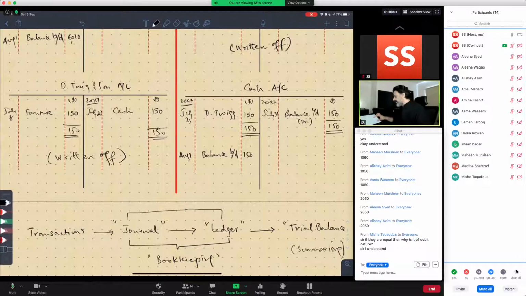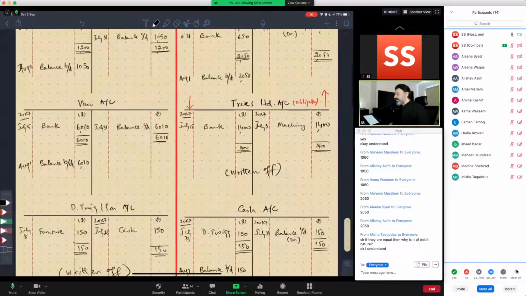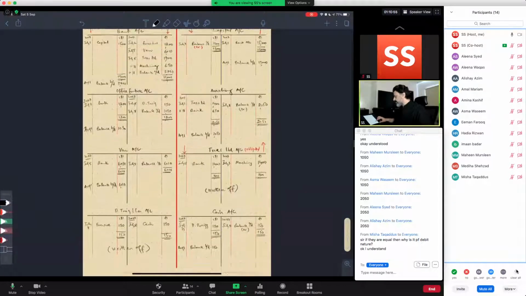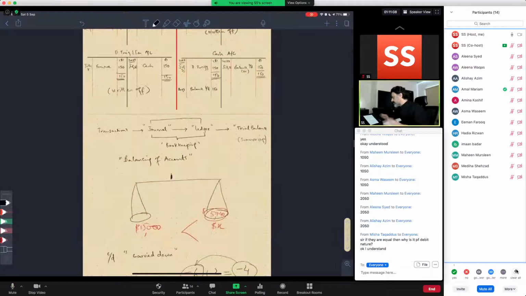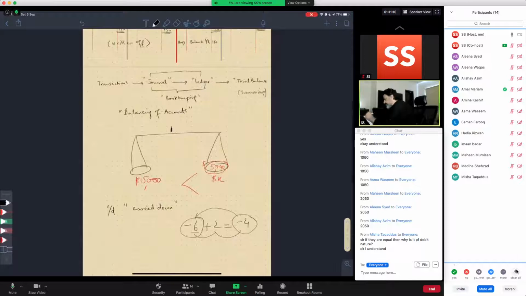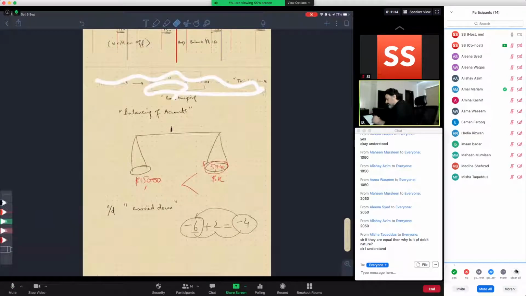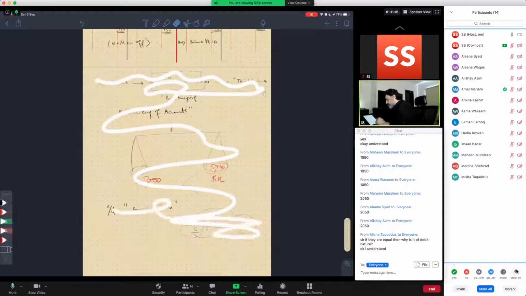So far our ledger has two accounts which are written off because these two accounts had already balanced. There was no balance to be calculated or reflected or inserted there. The rest of the accounts have balances. So what we do now, let me just get rid of all of this. So what we will do now is